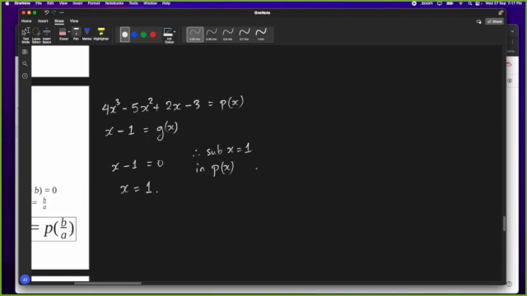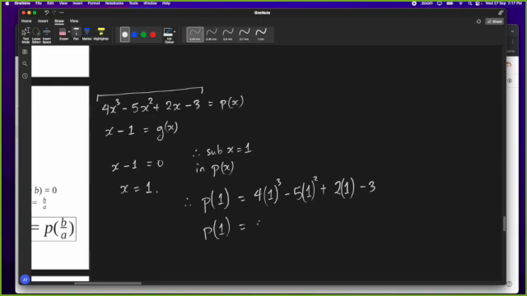Therefore, sub x equal to 1 in p of x. So therefore, we will have the p of 1. Remember, this is p of x, so I'll substitute in 1 every time I see x. So 4 times 1 cubed, minus 5 times 1 squared, plus 2 times 1, minus 3. So the p of 1